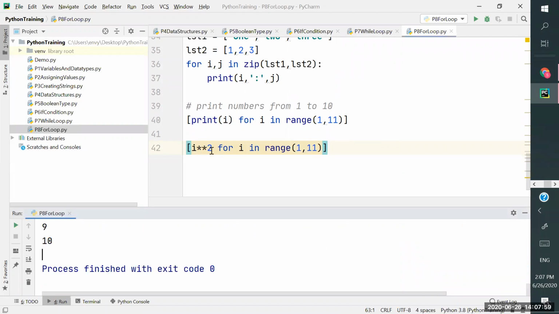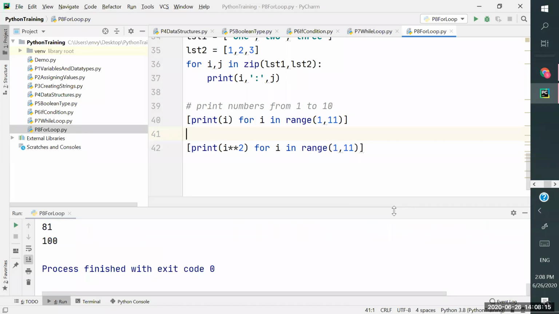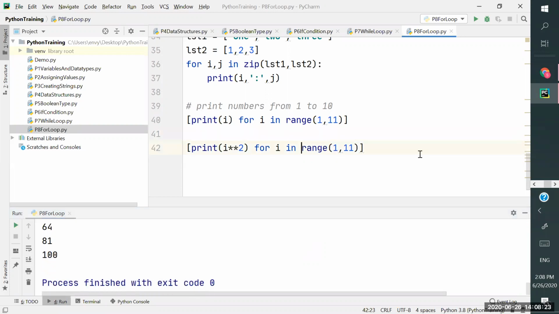Oh, I have to print it, right? The printing is missing. It is not automatically coming inside of print, right? So let's see what will happen. Star star, it's actually going into that, right? So here you can see that 2 2s are 4, 3 3s are 9, 4 4s are 16, like that. You have everything, right?